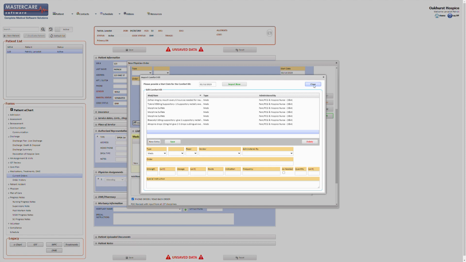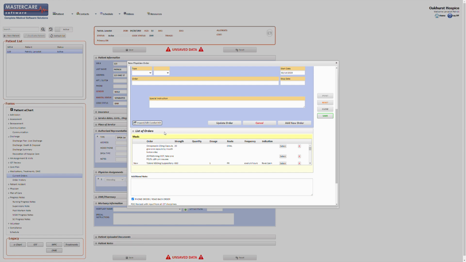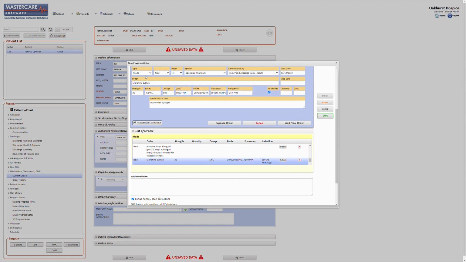I'll do that later. There's a reason why you don't edit this stuff in here, because you end up having issues down the line, because people think it's the complete comfort kit according to the comfort kit associated with the pharmacy that we work with. But anyways, let's say there's a medication in here that the facility doesn't want, such as Ativan. You'd go to the one that they don't want, and if you don't have any other meds you want to change this into, such as select